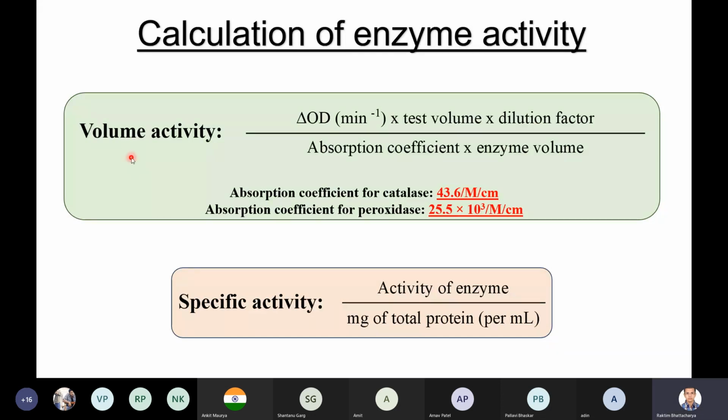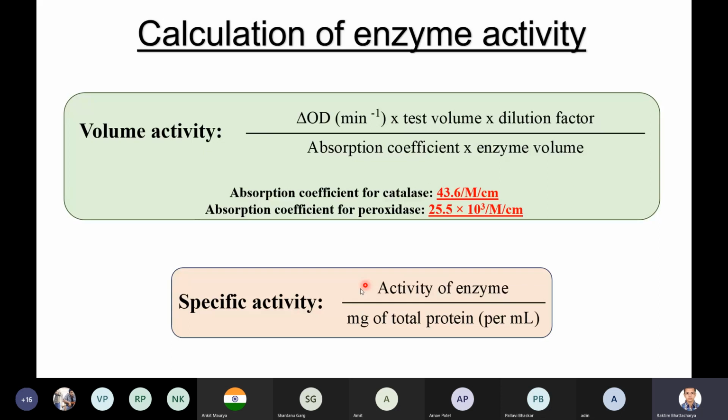Volume activity is not always very important, but what is important is the specific activity. Specific activity is normally determined by the activity of the enzyme and the milligrams of total protein. So specific activity cannot be determined without the volume activity. Volume activity will give you the basic volumetric activity of the enzyme, and from that you will get the specific activity. Specific activity is very important. It is going to tell you how much enzyme is actually present